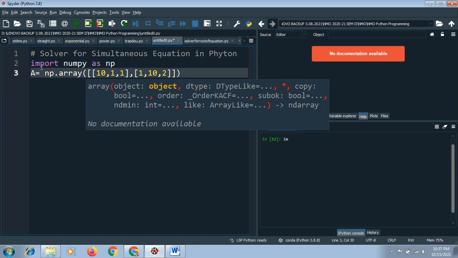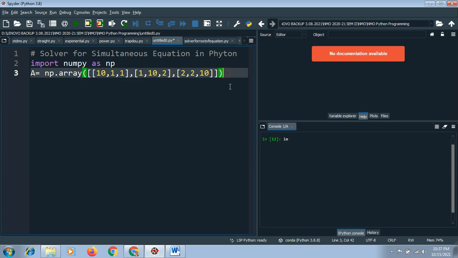So 1 comma 10 comma 2, then again bracket 2 comma 2 comma 10. Okay. So let's see if we have made the correct brackets or not. Yes, we have not made a mistake while entering.